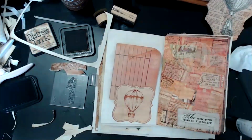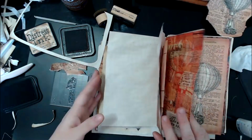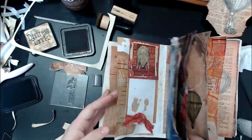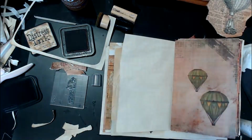All right. So there's the next embellishment. So we're done with this page. So we have two. Let's see here. How many pages did we finish? 1, 2, 3, 4, 5, 6, 7, 8, 9. This one I think we're going to stamp